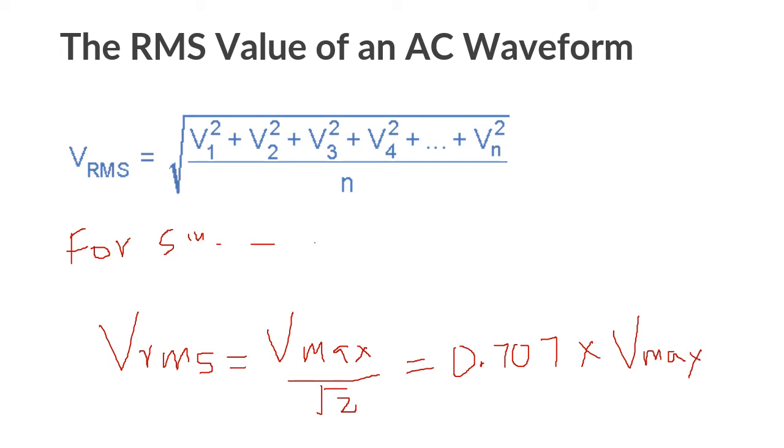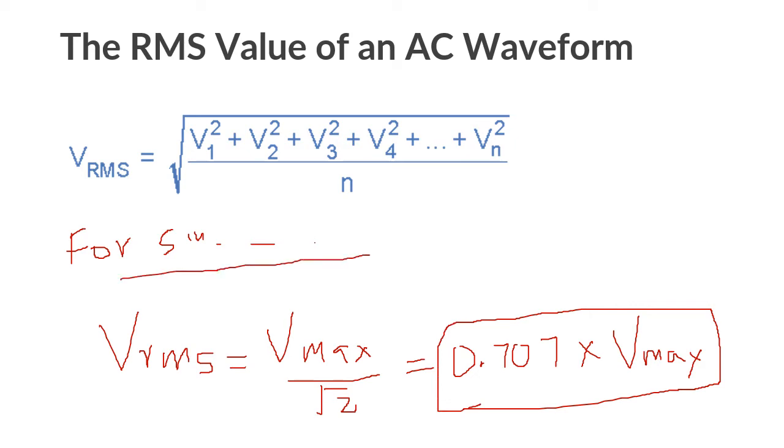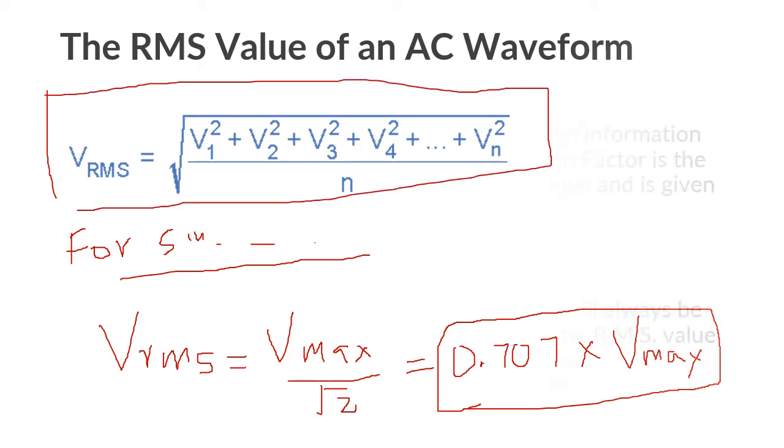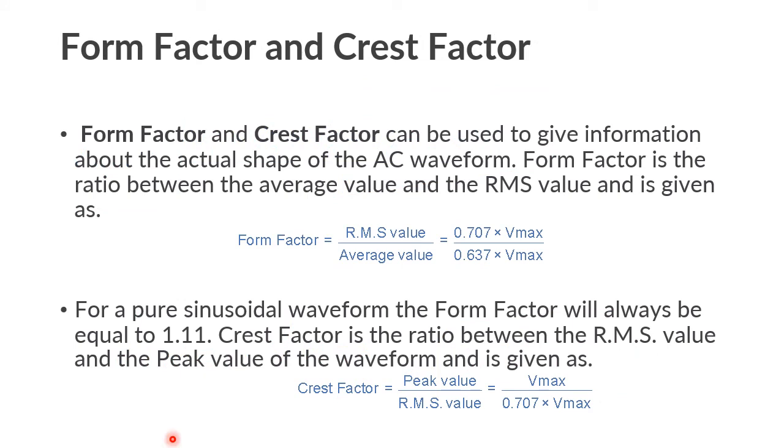So from this equation simply we can find the RMS value for any sinusoidal waveform. Any other AC waveform we can directly use this equation. Form factor and crest factor. Form factor and the crest factors are most important factors which is used to determine the shape of the AC